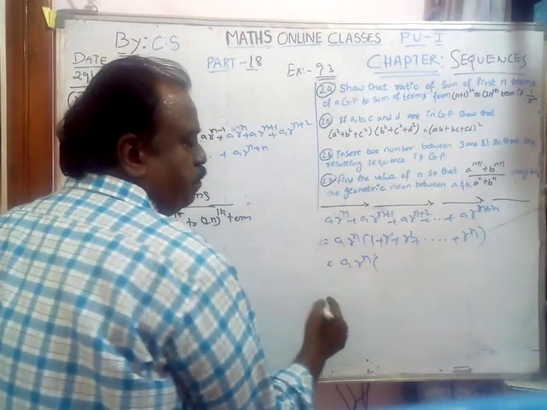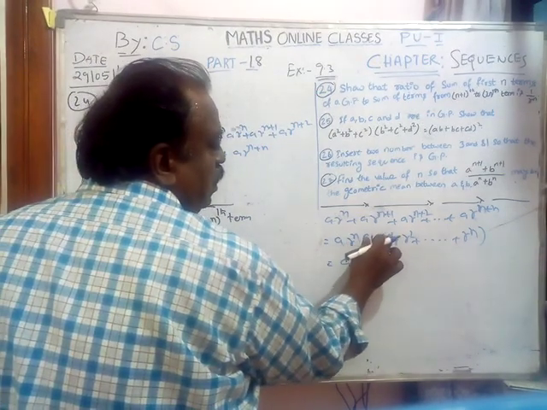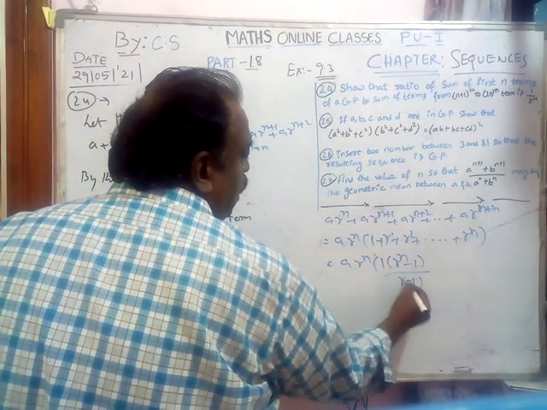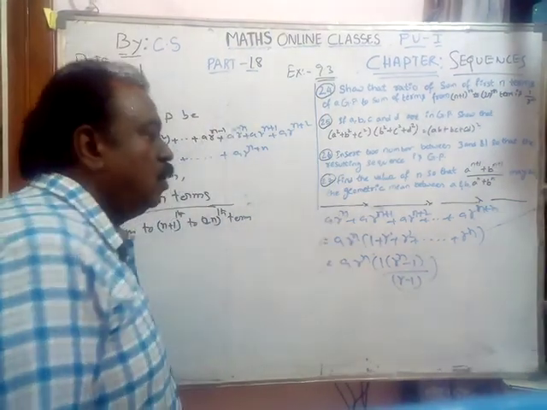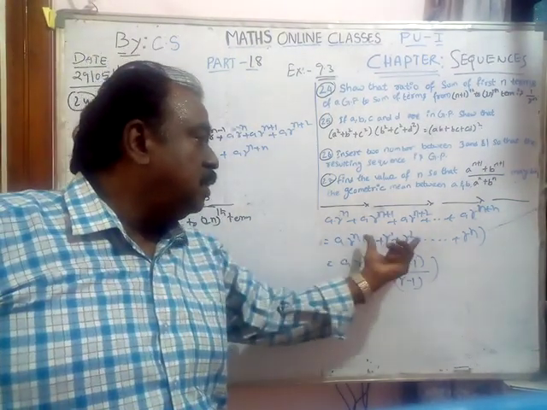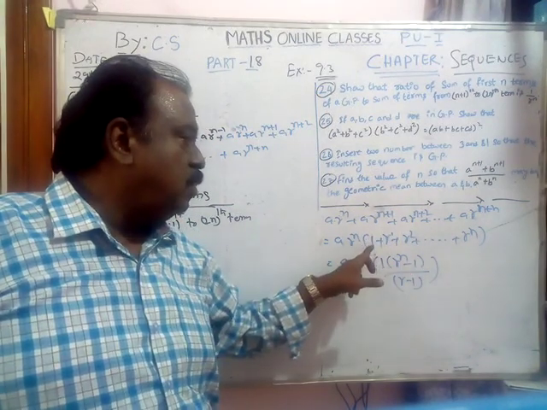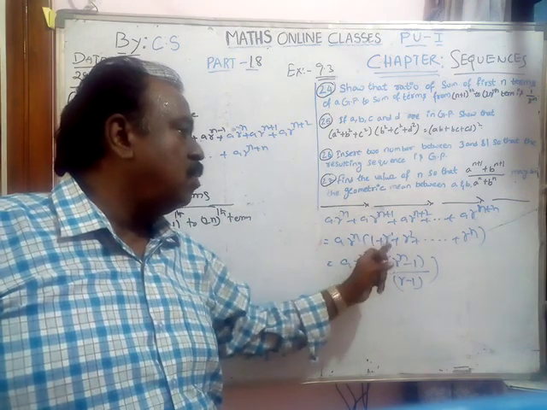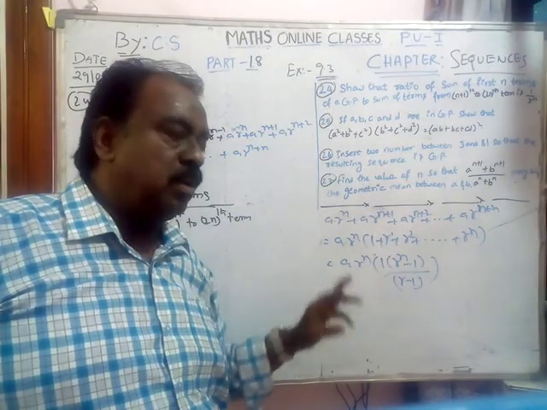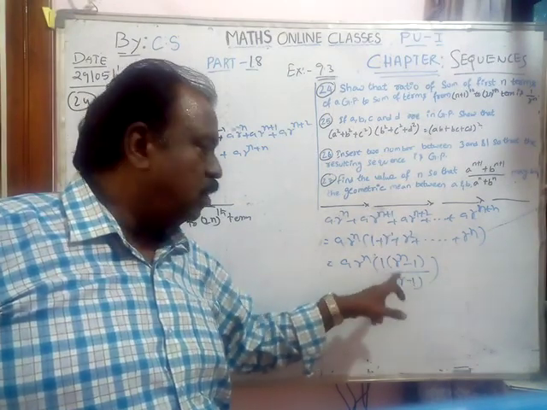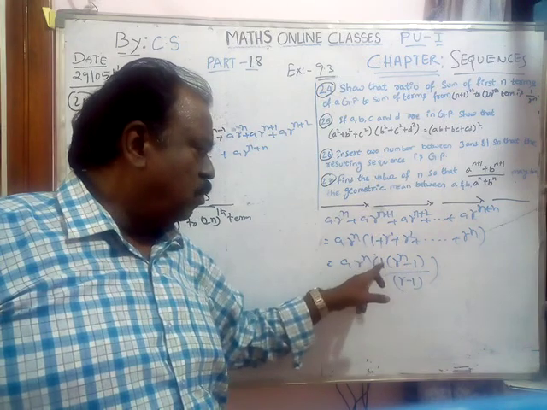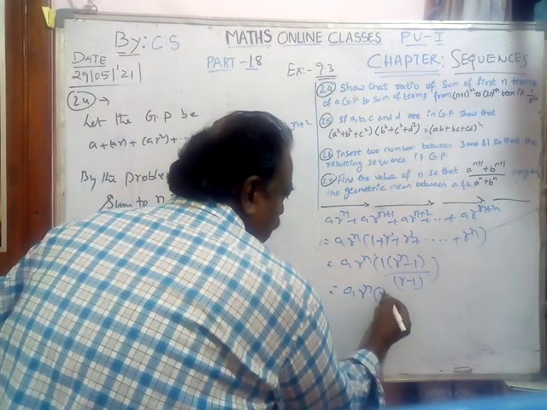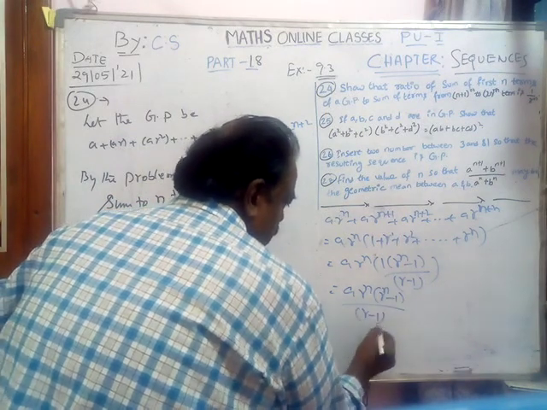So, r power n of this is again a GP. The first term is 1, ratio is r. So, it is 1 into r power n minus 1 by r minus 1. Is it clear? You see, r power n, in the bracket, a GP is there. In this GP, a is the first term, that is 1, and r is 1 into r into r square, like that is going. Common ratio is r. Like that, r power n minus 1 by r minus 1. Here only a is 1. So, at last, it is a r power n of r power n minus 1 by r minus 1.